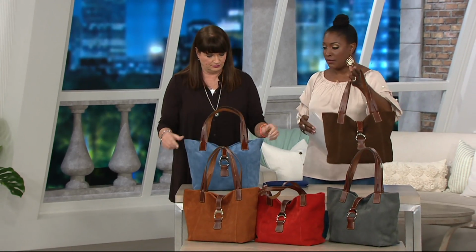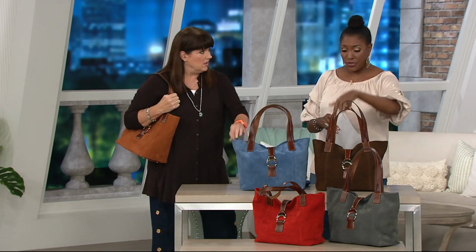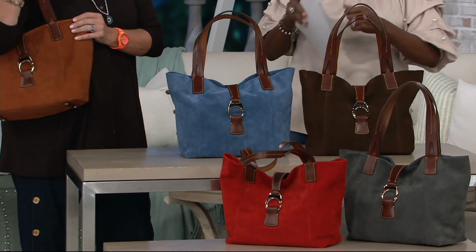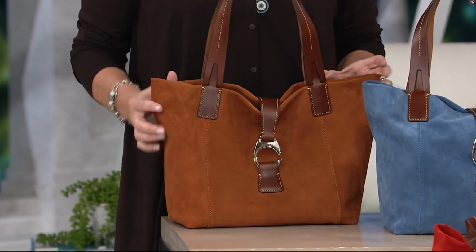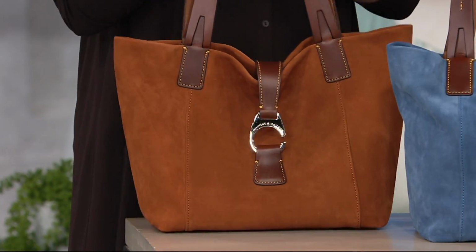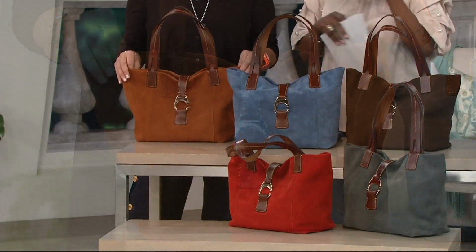So I love that, as we move forward, we're wearing our snow boots in and out of work, carrying our dress shoes inside this, gloves, with your lunch, scarves, your time design or whatever your electronic date book is. All of that will fit inside, our paper calendars. It's true. Your notebook, because everybody has a notebook now. You're walking around taking notes, whether from the doctor's office or at church, as they're reading scripture and writing things down. Everything that you need in this bag will fit, and you look so polished and so crisp,